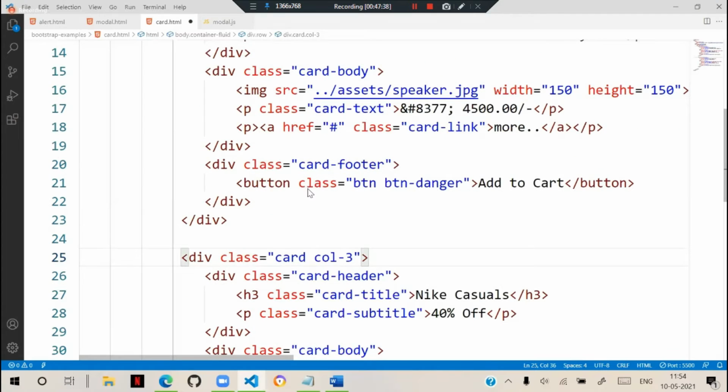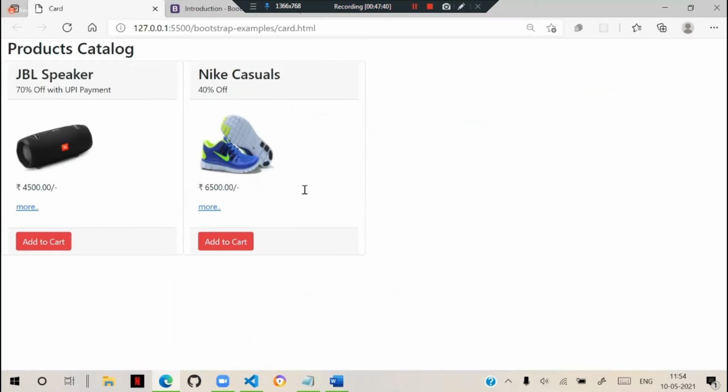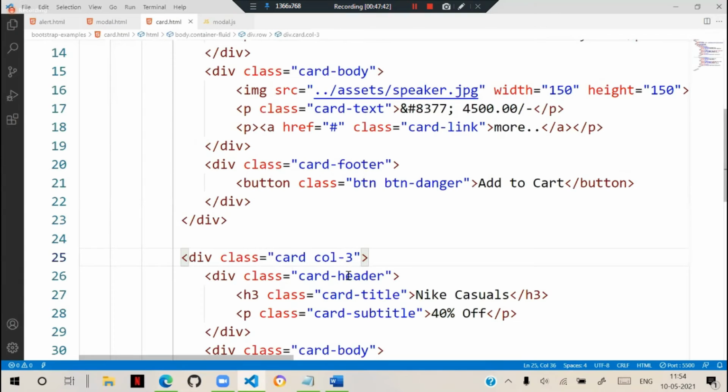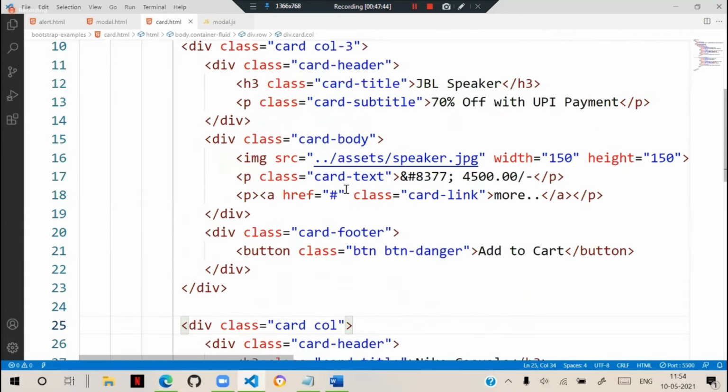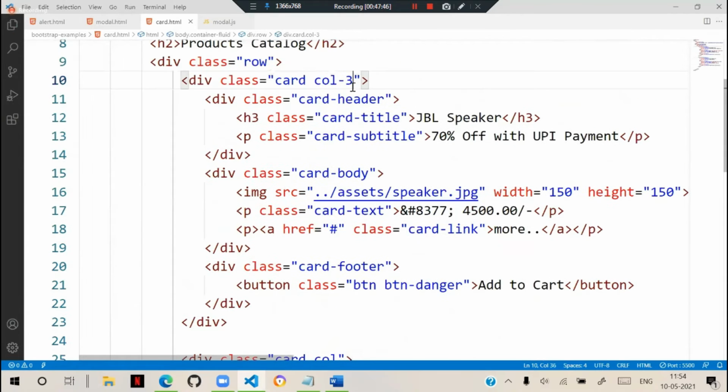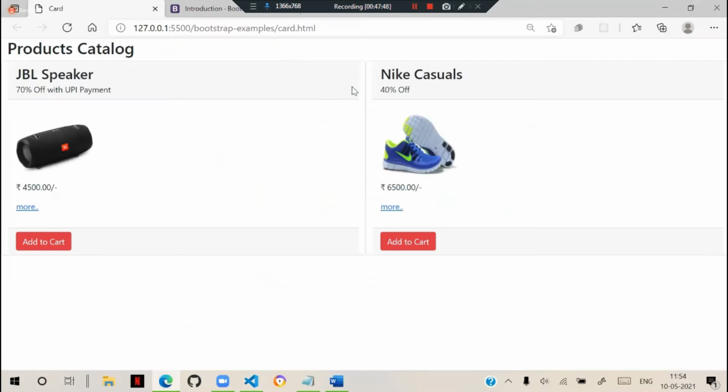If I don't define the number and just use col, then they will spread and fit accordingly, depending on how many elements there are. That is basically how we design.